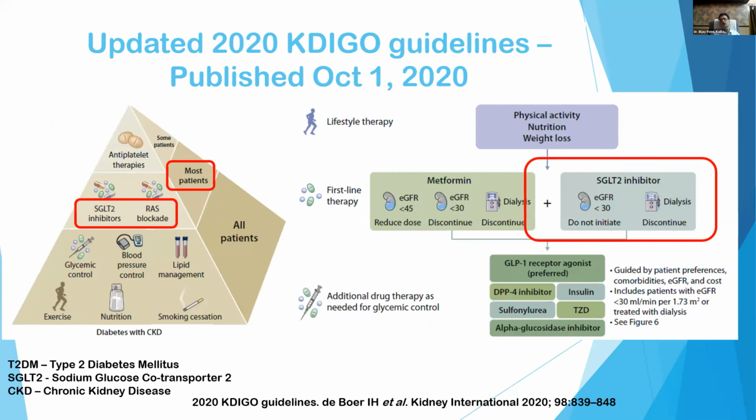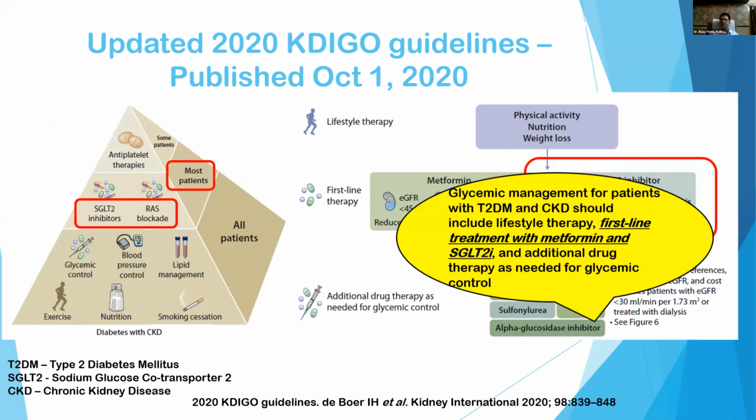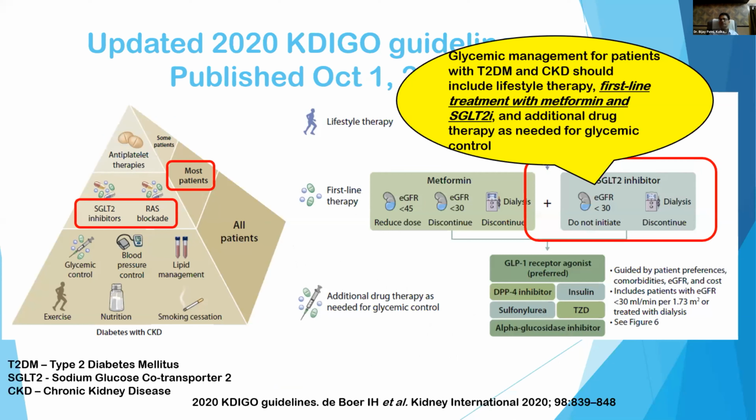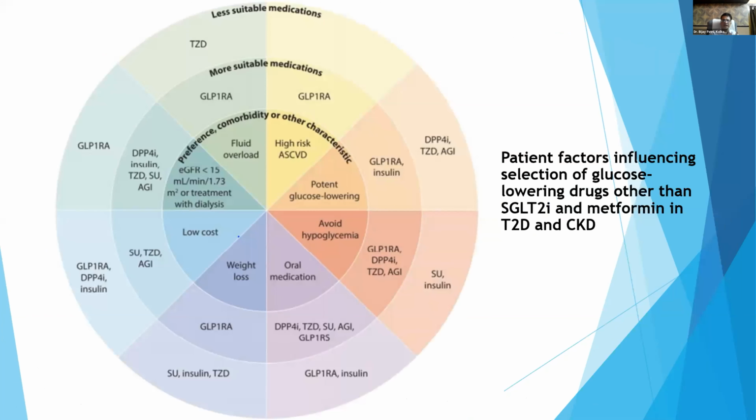So basically, what they have suggested is that in all patients you need a proper lifestyle, and along with that, good glycemic control, good blood pressure control, and dyslipidemia need to be managed. Whenever you are considering good glycemic control, they have suggested that with type 2 diabetes and CKD, the first line treatment is given, and additional drug therapy as needed for glycemic control can be done with any of these agents. They have come out with a therapeutic wheel similar to what RSSDI had come out with. Now KDIGO has come out with this therapeutic wheel, and probably you will